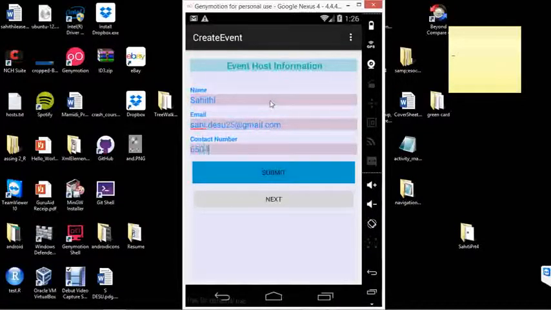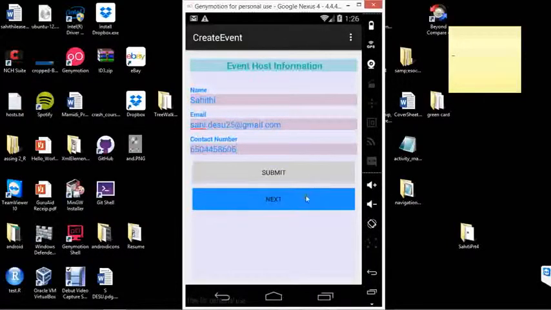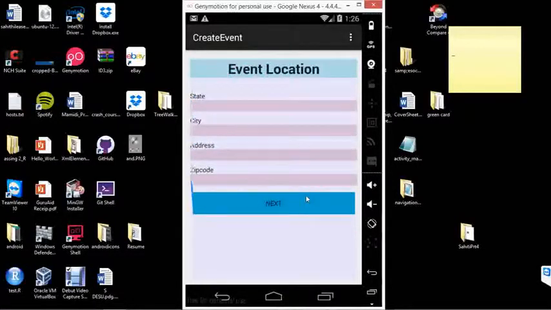When I click on submit, I have put a ripple effect again. When I click next, it goes, and if this host has already been registered, the backend takes care of not piling up redundant data.